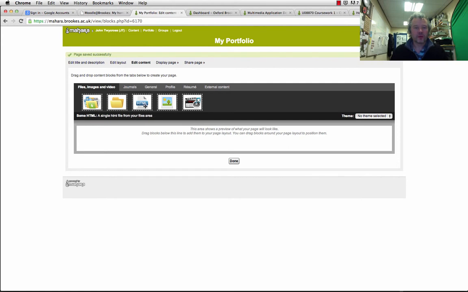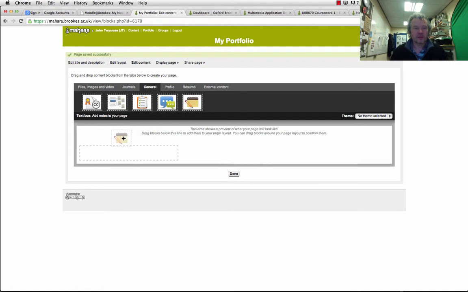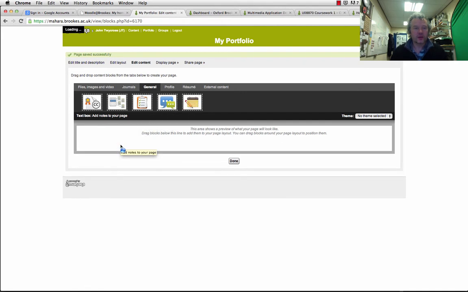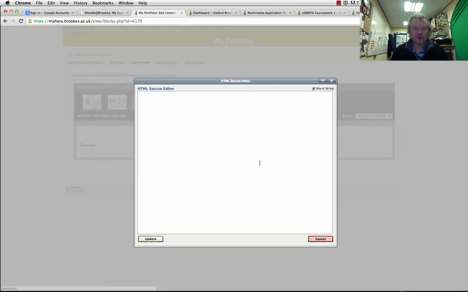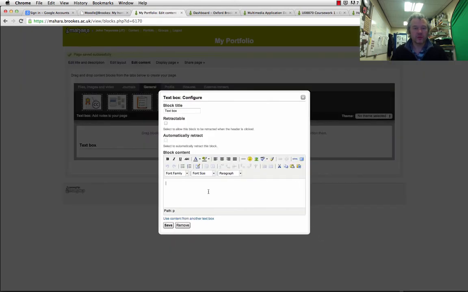The simplest way of working with this is to go onto the General tab, take this text box, and drag it onto the window. A text box allows me to type directly into the window. It will also allow me to use HTML tags if I wish to embed anything. So if you're embedding a YouTube video, you can copy the embed code in here, and that will update onto your work. I can add a title for this, and